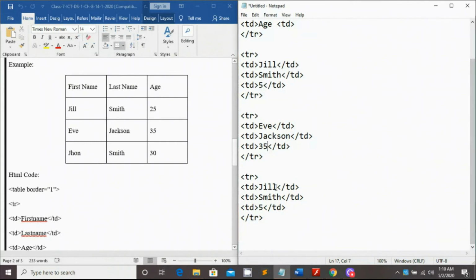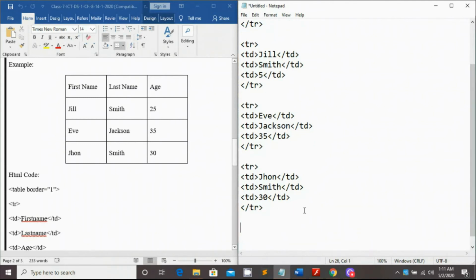Okay, the third row is done. Then the fourth row, here is written Ron. It is already done. And in the last data it is written 30, so you have to write 30 here. Very simple. Now we have already done this table.